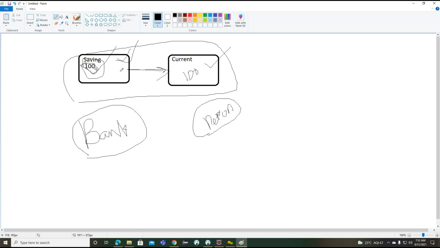So how exactly can we implement the application with the help of transactions? The Spring transaction is going to work here. Getting the point? This particular Spring transaction is going to check certain operations. It's going to check whether the saving account is eligible to transfer the amount or not.